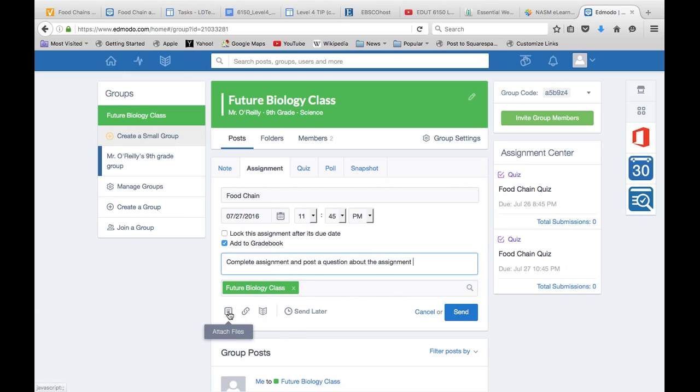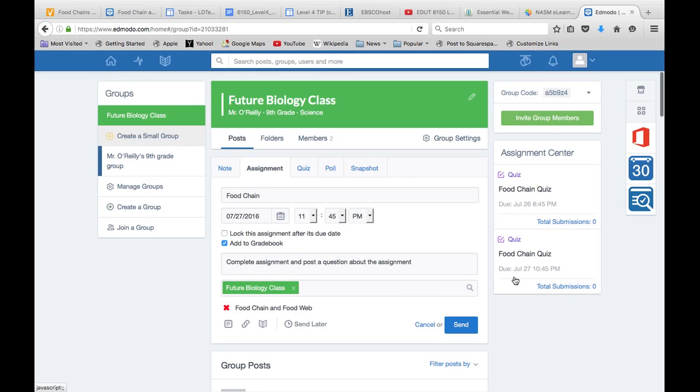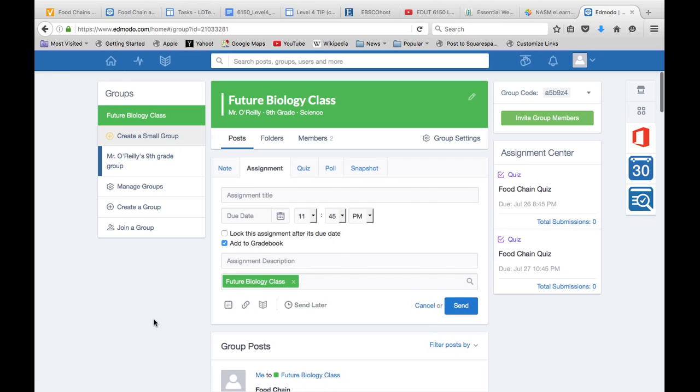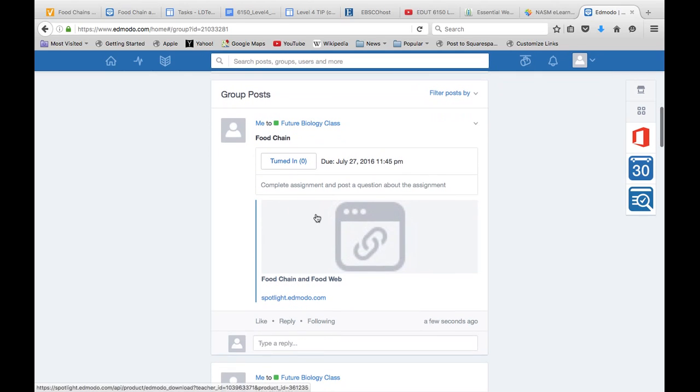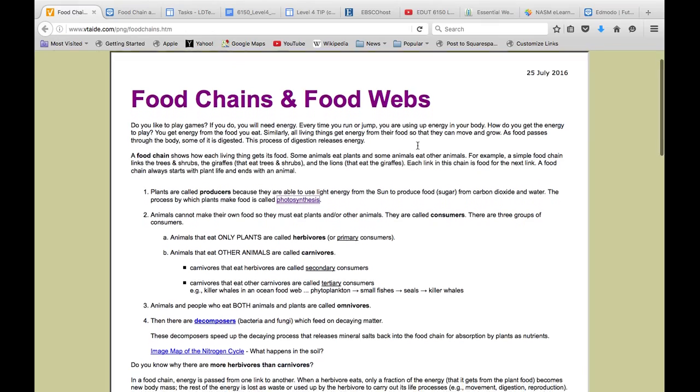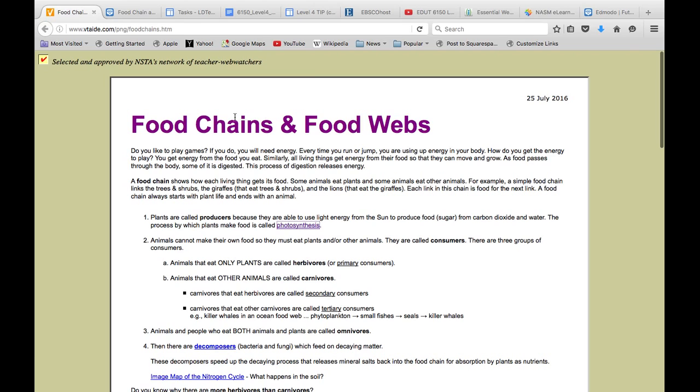So now I can attach a file that I've created. I've already added it to my library, so I'm going to click on this guy and I will attach that post, and as soon as I click send, it will send it out to the group, and this is the post they'll be able to see on their account, and they can click on it, and once they click on it, it's going to pull up this assignment right here, which they will be able to complete. And then once they complete that assignment,